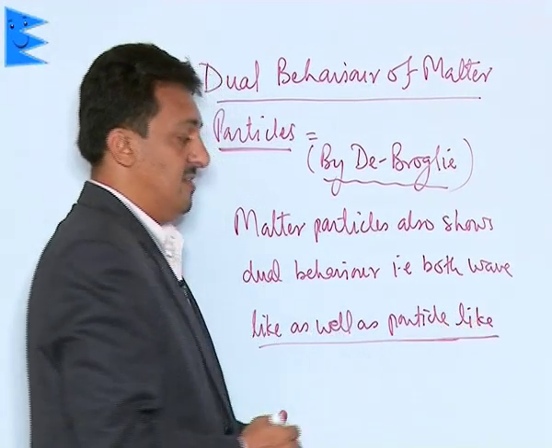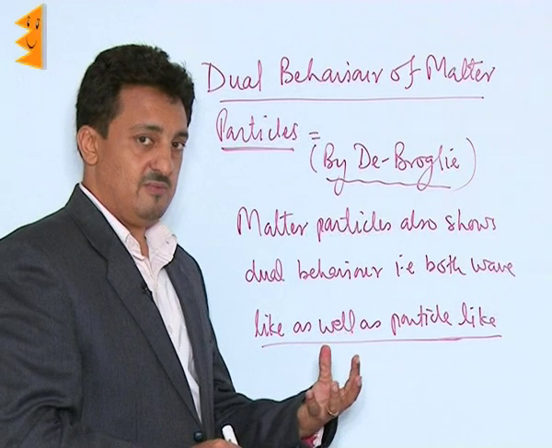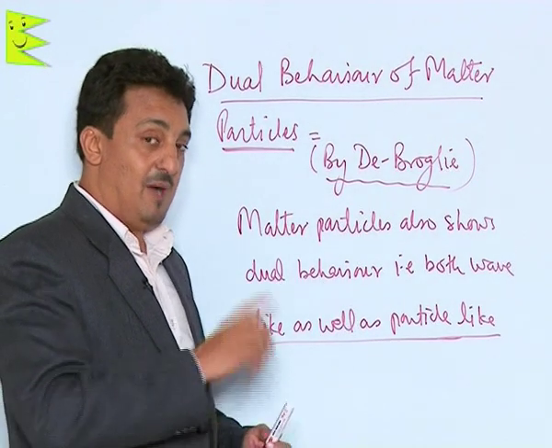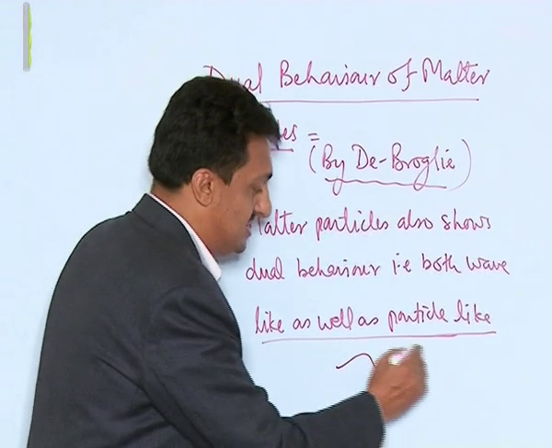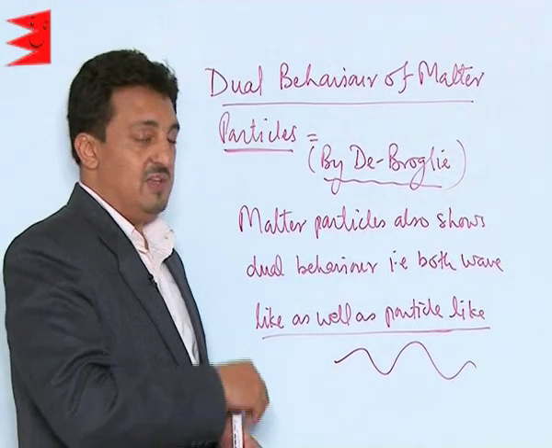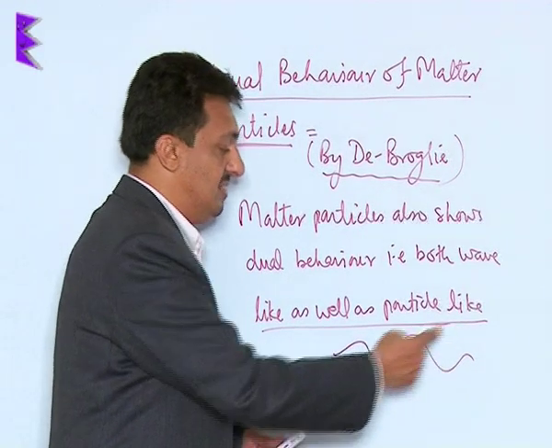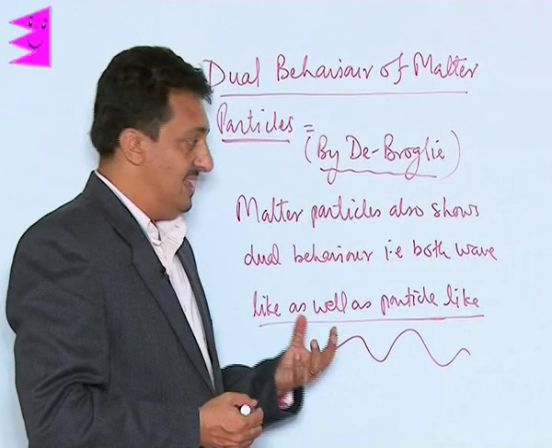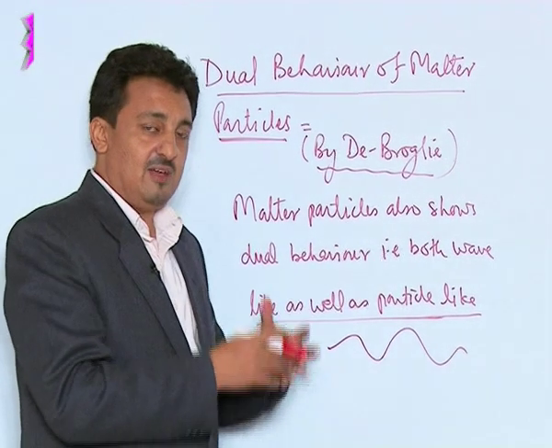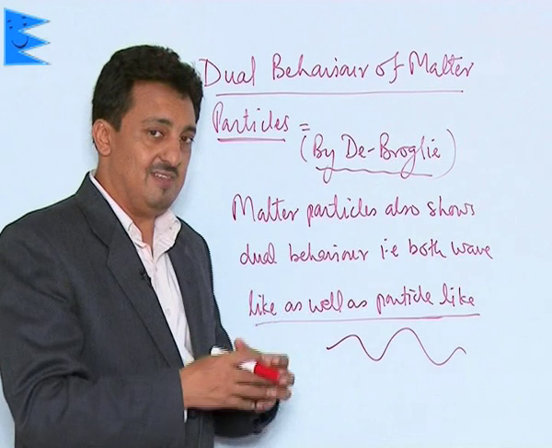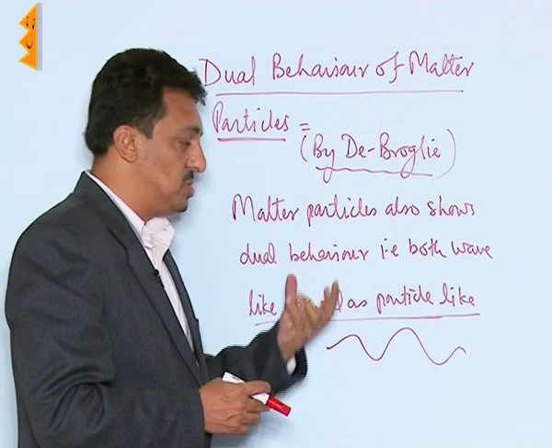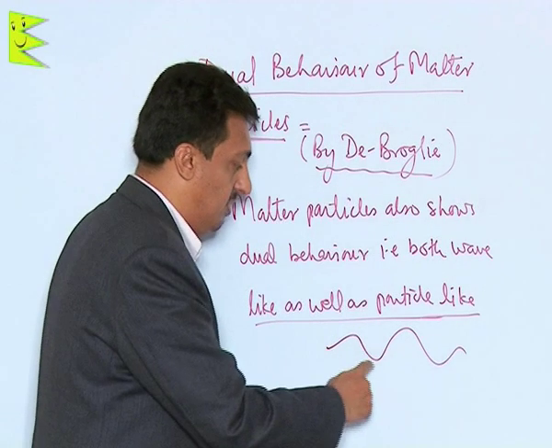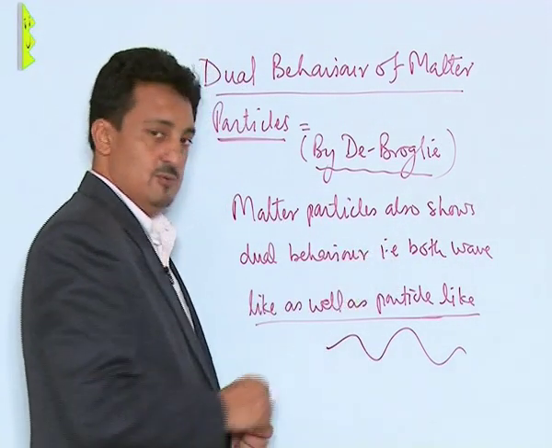This principle sounds very strange when we read about it the first time. Like, can we have a particle moving in a wave-like way like this one? That's not possible. We don't see any particle moving in a wave-like motion. But Louis de Broglie said, like the EM radiations, like a photon which has momentum as well as wavelength, these matter particles will also have momentum as well as some particular wavelength, and they will be showing both particle as well as wave-like motion.